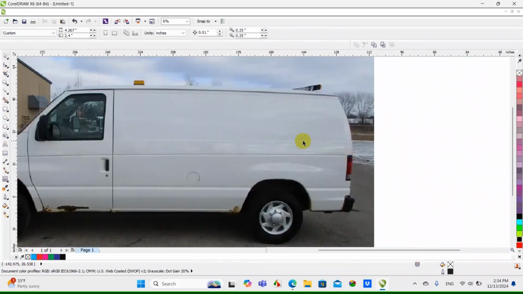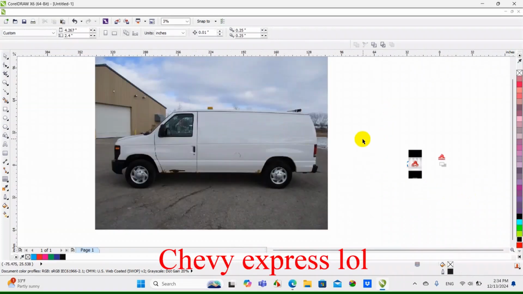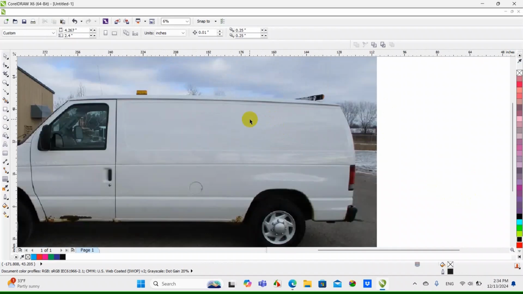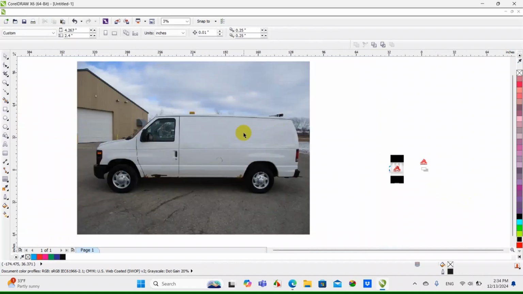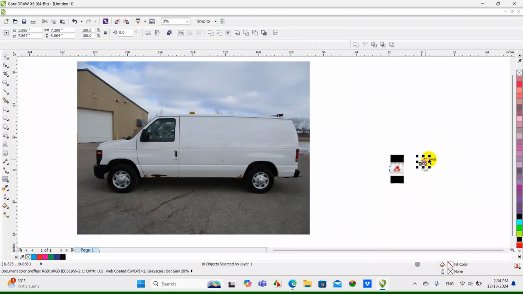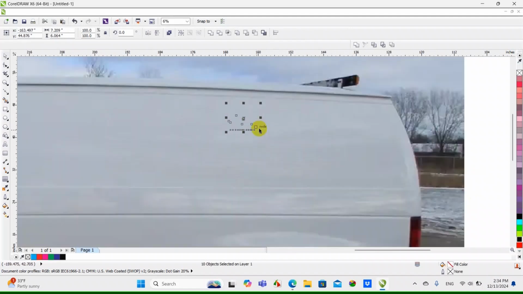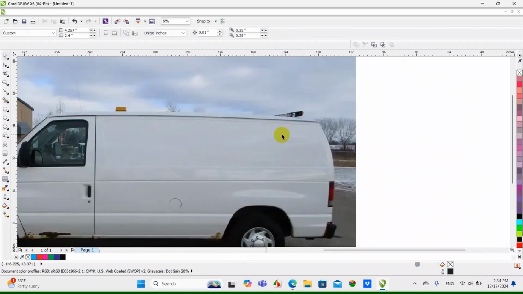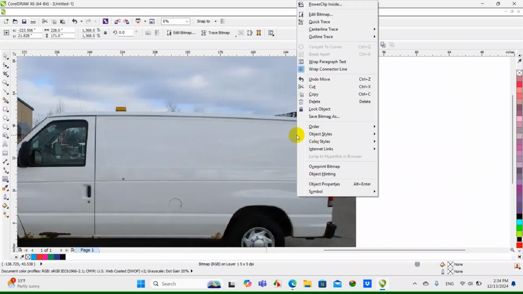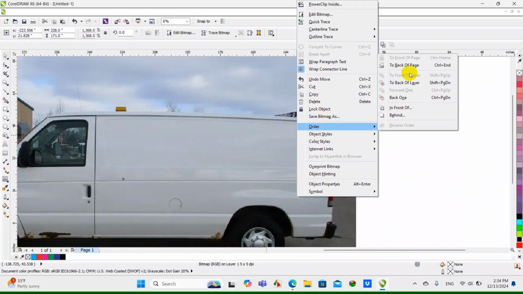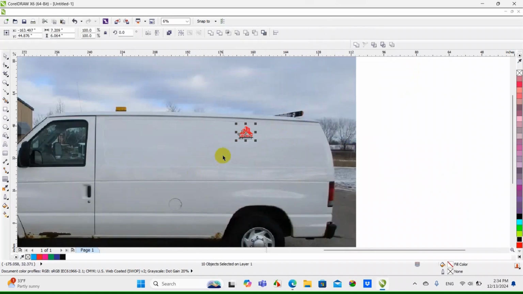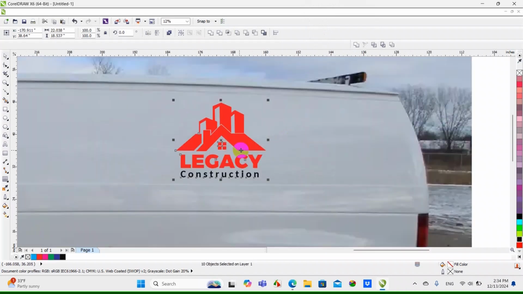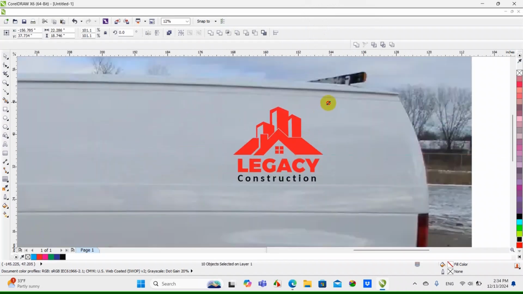So if you're going to be working on a Chevy Astro or this van, you can pretty much get that idea, that this section measures about 23, and that way it will give you an idea of how big the logo has to be. And the logo is on the back, so I need to send that image to the back. I'm going to do Order and then Send to Back of Page,